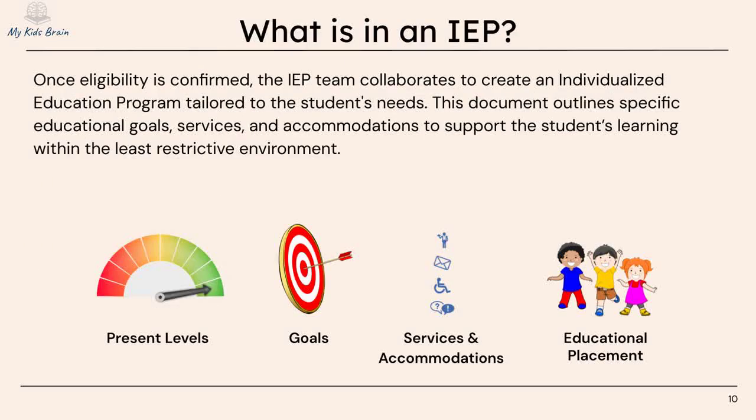So what if my student is eligible for an IEP? What will it include? An IEP will include the student's current educational performance to include assessment results. It typically identifies why the student requires an IEP and in what areas. Thus, once a student is found eligible by the IEP team for special education services, the school professionals then create educational goals tailored to meet the needs of the student. They also identify what services and accommodations are required for the student to meet these goals and access the curriculum.